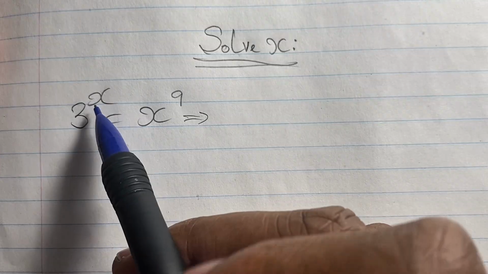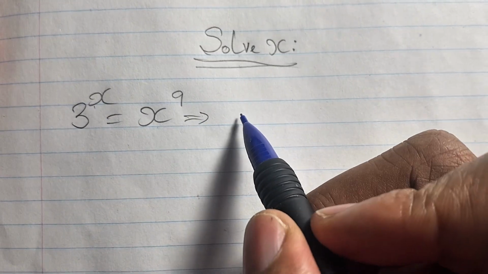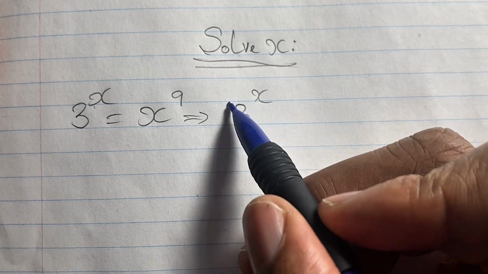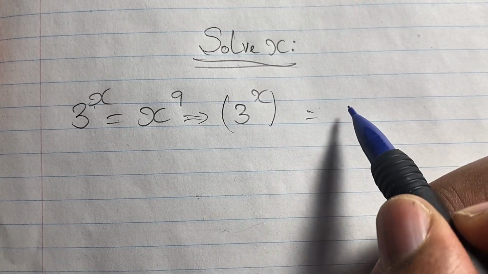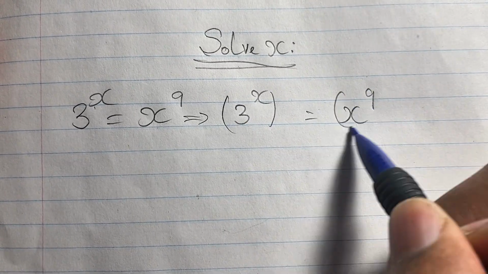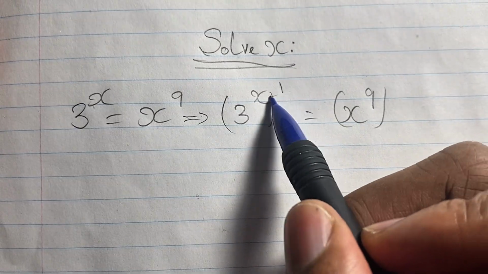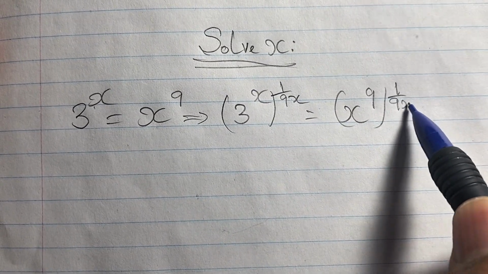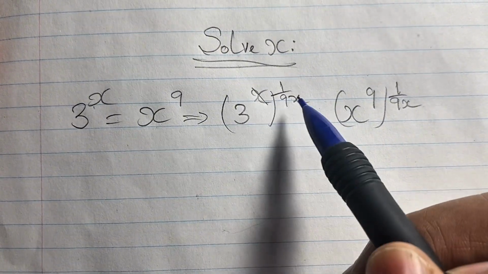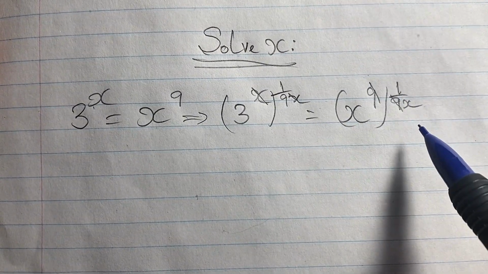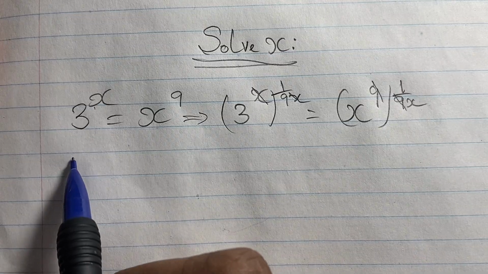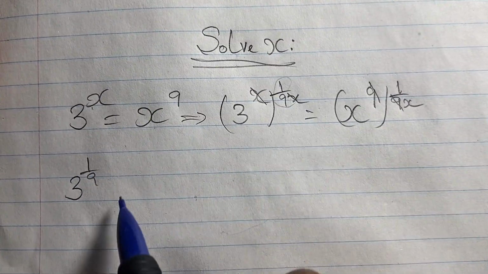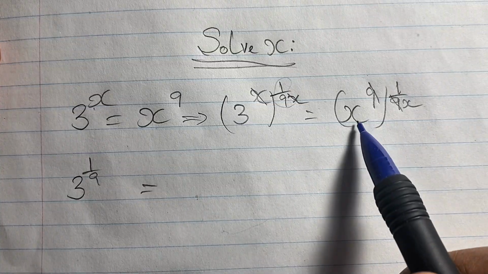Now for our first solution for x, we start to solve x by simplifying our equation. So we bracket our expression and then we group like terms, so we keep x on one side. This means that we'll power both expressions by 1 over 9x. And so therefore, understanding the laws of indices, we know that here x cancels x and here 9 cancels 9. So then this leaves us with 3 to the power of 1 over 9 equals x to the power of